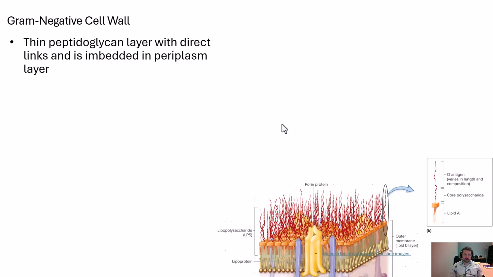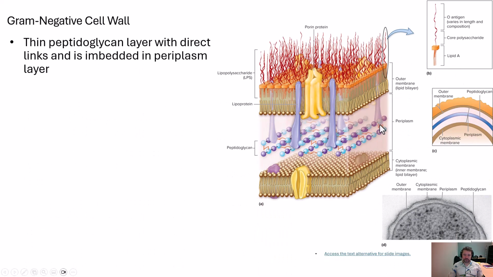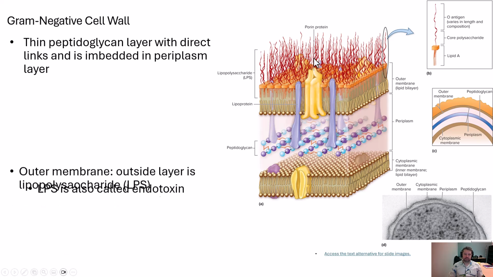Gram-negative cell wall: a thin peptidoglycan layer, again, not very thick. But to increase the rigidity and structure, they have lipoproteins, so fat proteins that are embedded, interact with the peptidoglycan, but are also embedded in this other membrane. This other membrane is a lipopolysaccharide, or an LPS membrane, and often will have an antigen component to it, and this is really what causes toxicity in